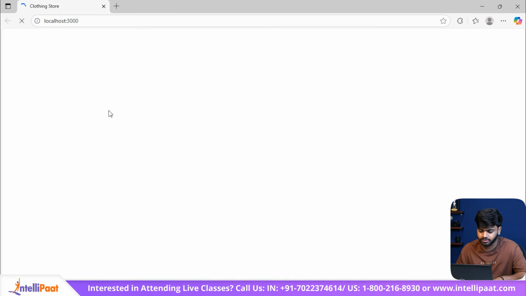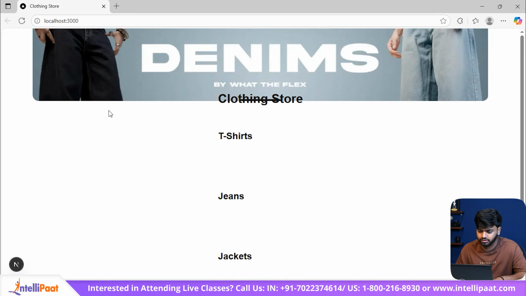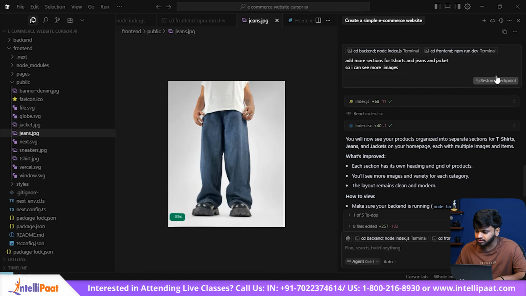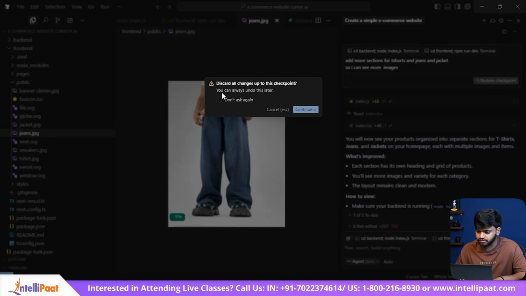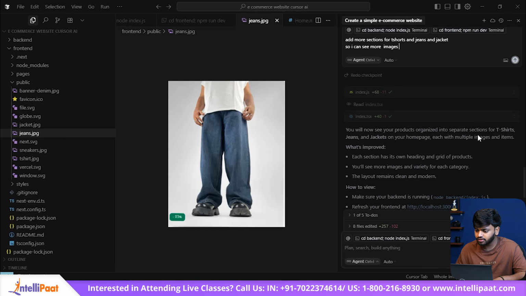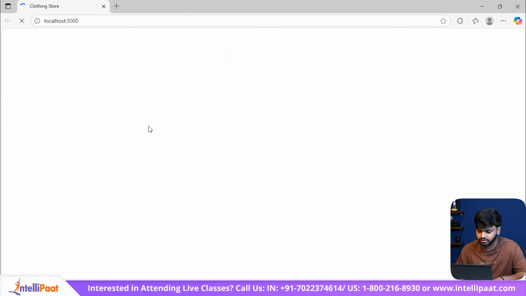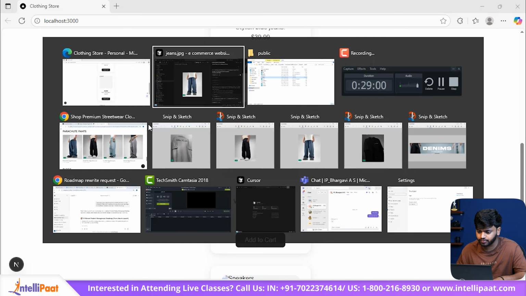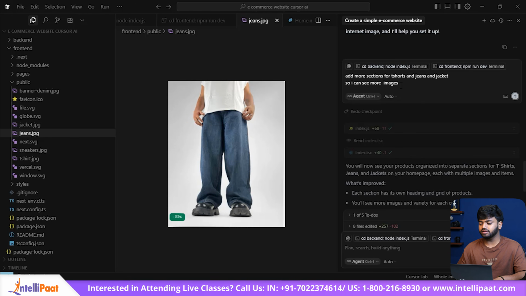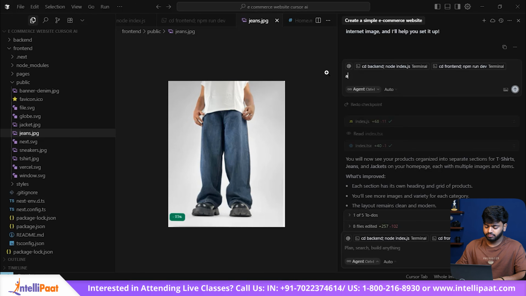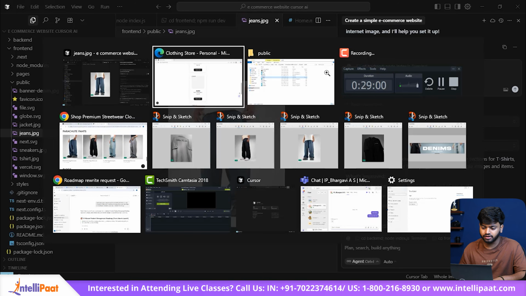I will just refresh my page, and let's see what it has done. So the images are gone. So we will just restore the checkpoint that we had before. We'll just discard all the changes up to the checkpoint. So we'll just say continue, and we'll go back and see that it has come back to the original form over here. So we'll just go back and say maybe organize the website nicely, and we can